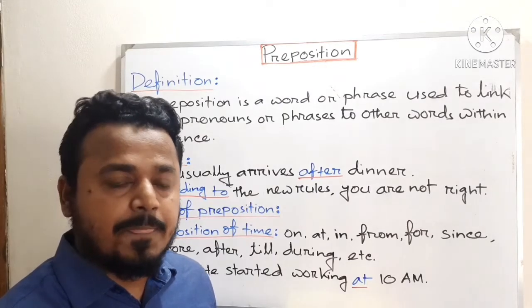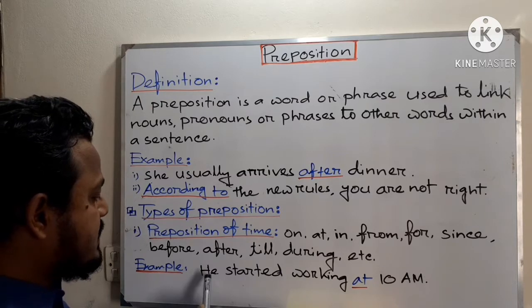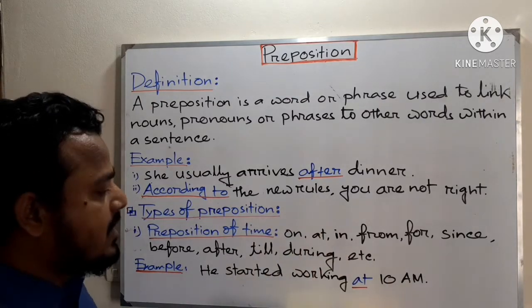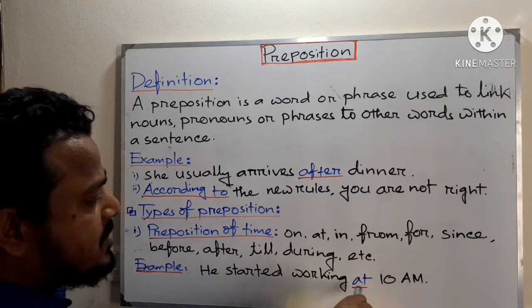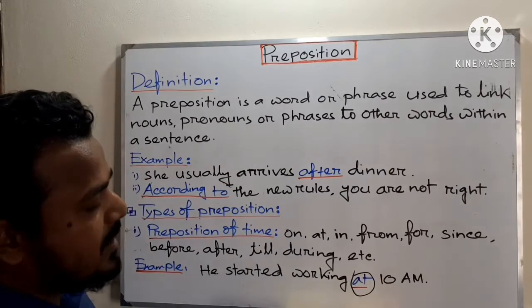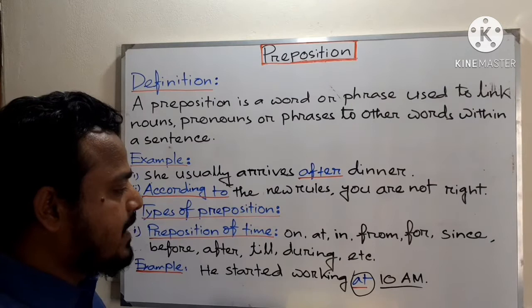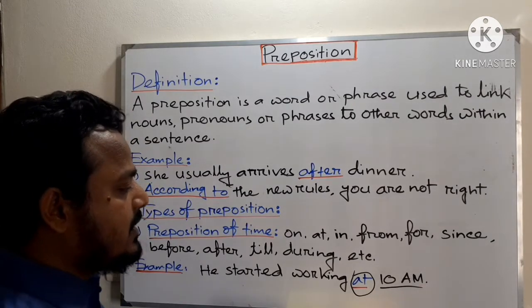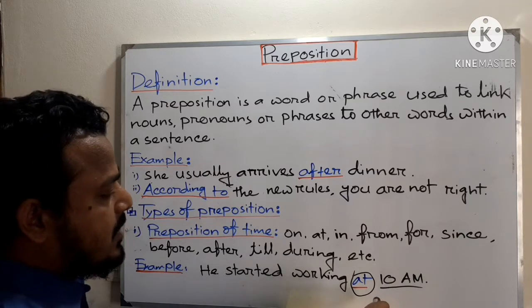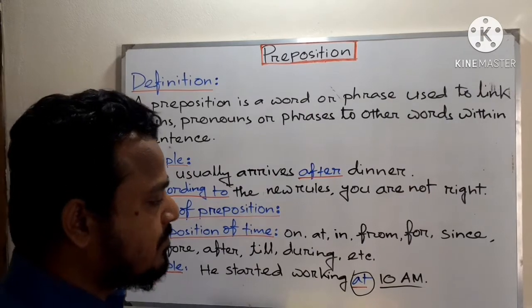For example, you can see the sentence: he started working at 10 a.m. Here we see the preposition at is placed before a time, that is 10 a.m. and this preposition makes a relationship between the time and other parts of the sentence. Then